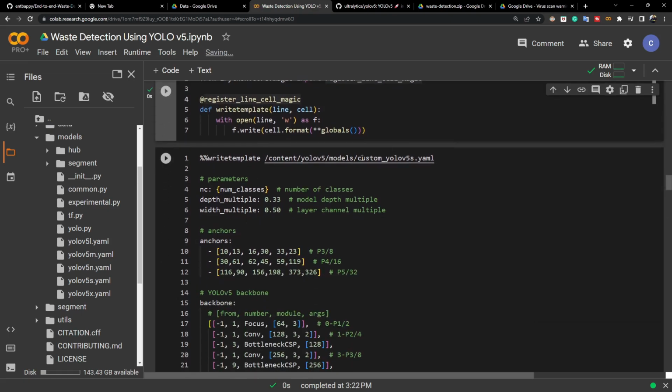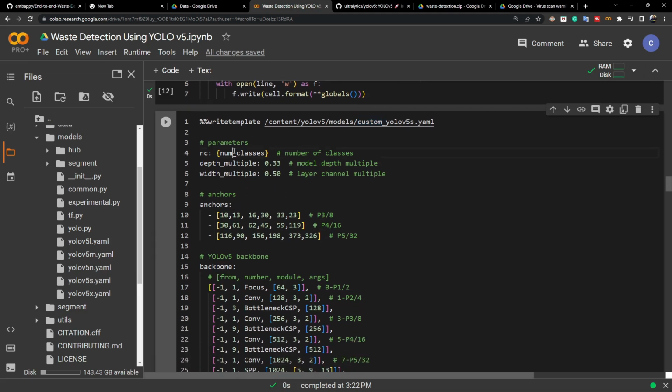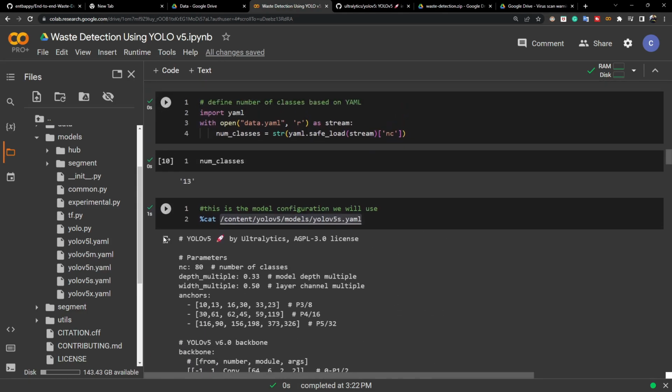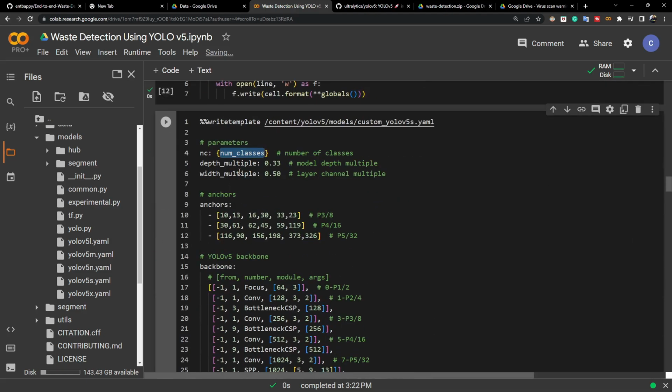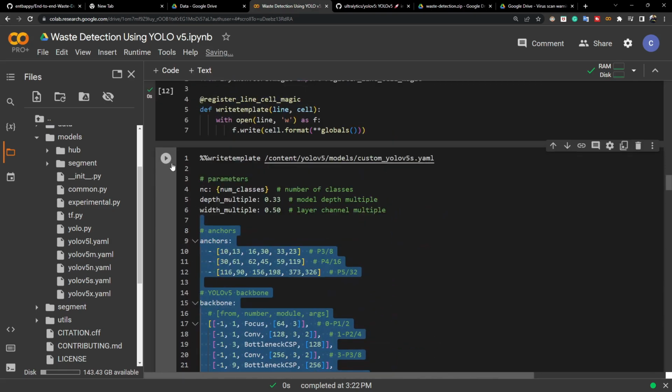Here, first of all I'm copying the same file, this yolov5s.yaml, and creating another file. I'm naming it custom_yolov5s. That means I'm just making one copy of the same file and giving it a different name, as you can see, custom_yolov5s. After that, I'm getting the class count and just replacing the class here, and all the architecture I'm keeping the same. Now if I execute the code,